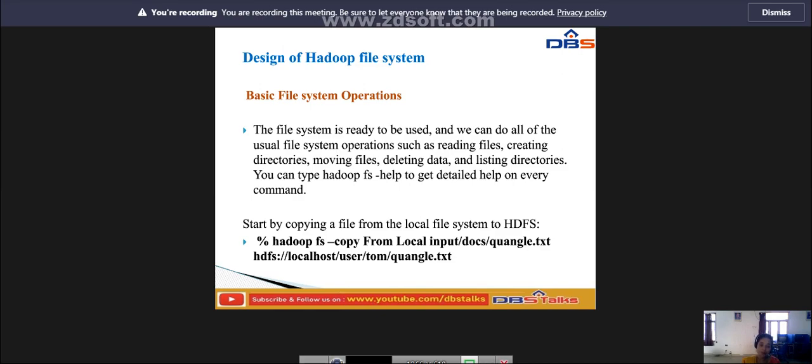So we can do all the usual file system operations. Whatever operations are there, everything can be performed in the file system, like reading files and creating directories.